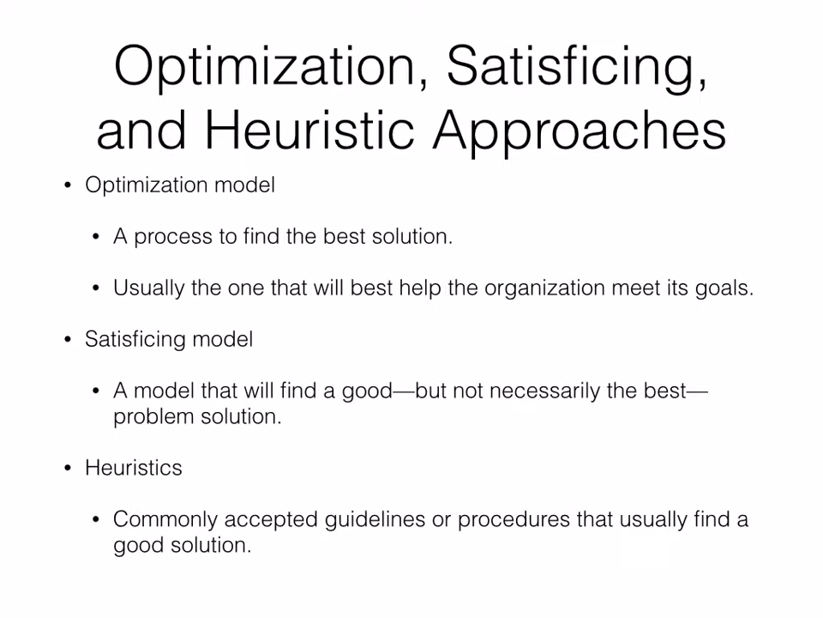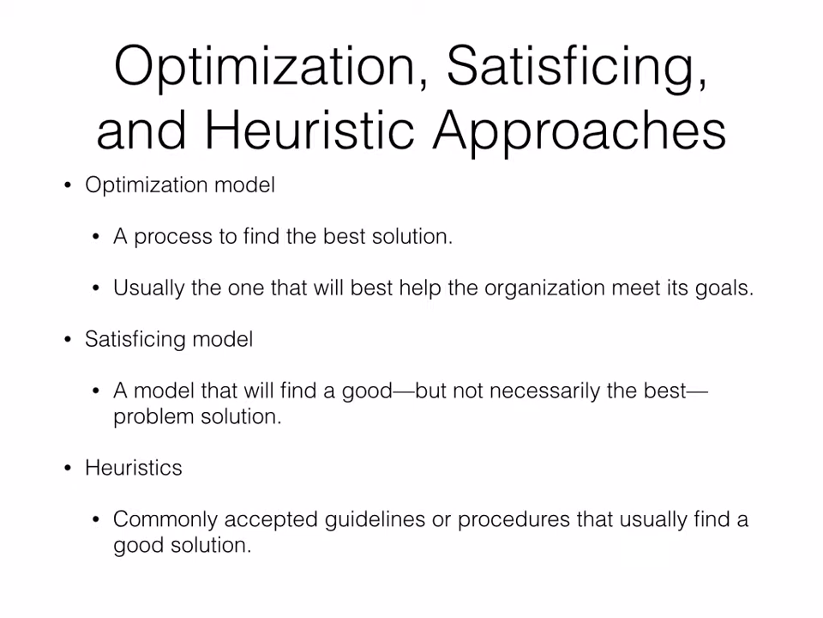An optimization model is just a process to help you find the best solution, usually the one that will best help the organization meet its goals. But it's difficult to have the correct data for these types of things, so you have to look at different optimization models. A satisficing model is similar. It will find a good but not necessarily the best solution to a problem. And a heuristic, I like to think of the analogy as a rule of thumb, where it's just a commonly accepted guideline or procedure that usually helps you find a